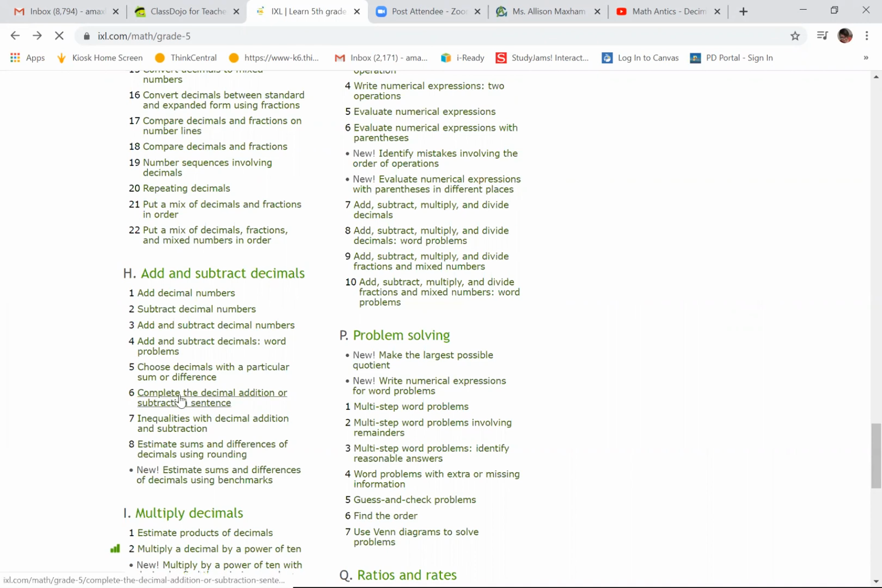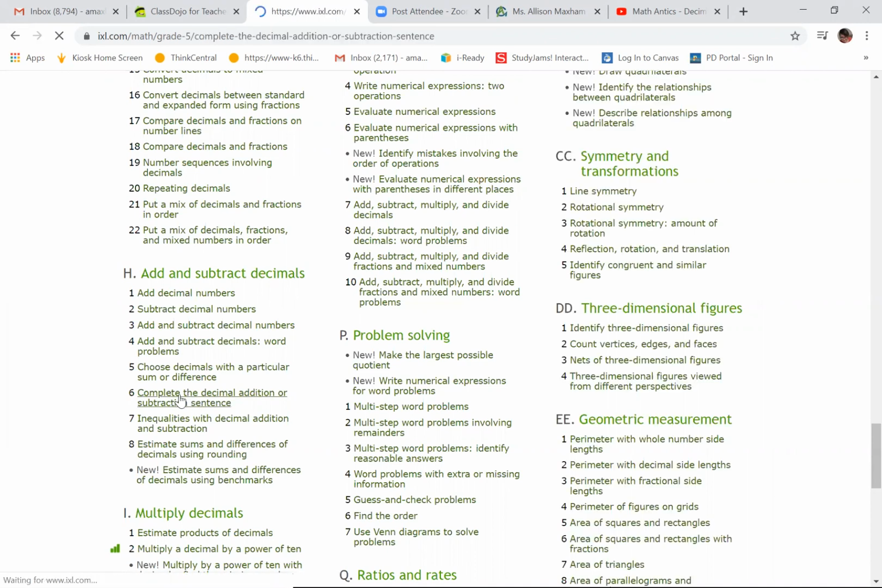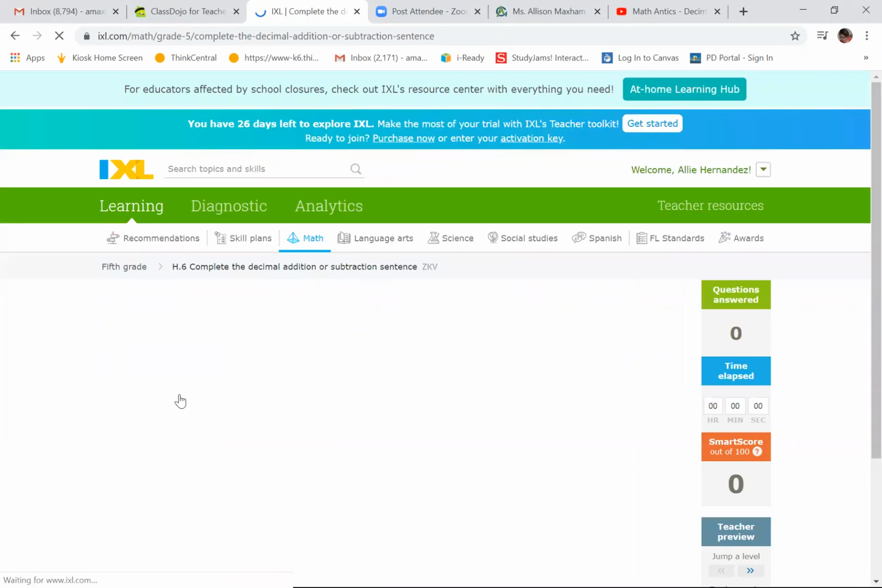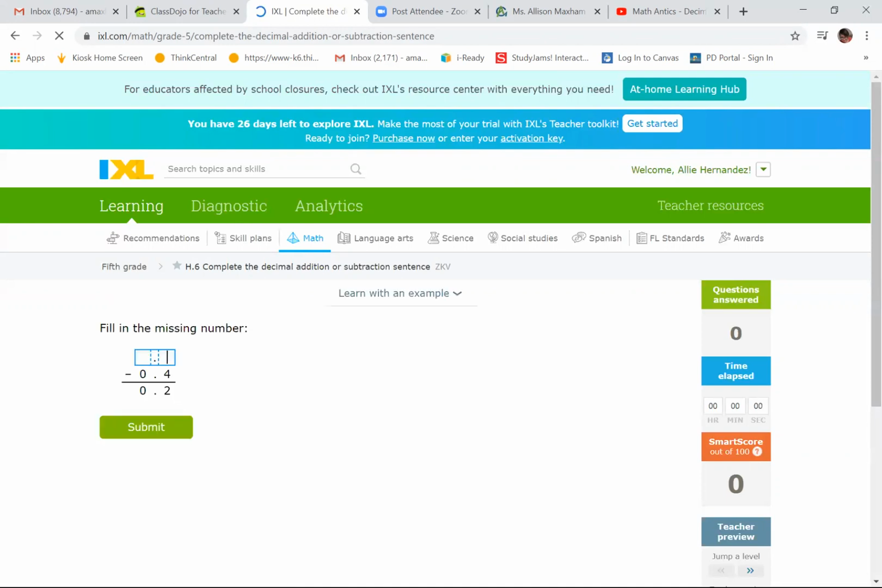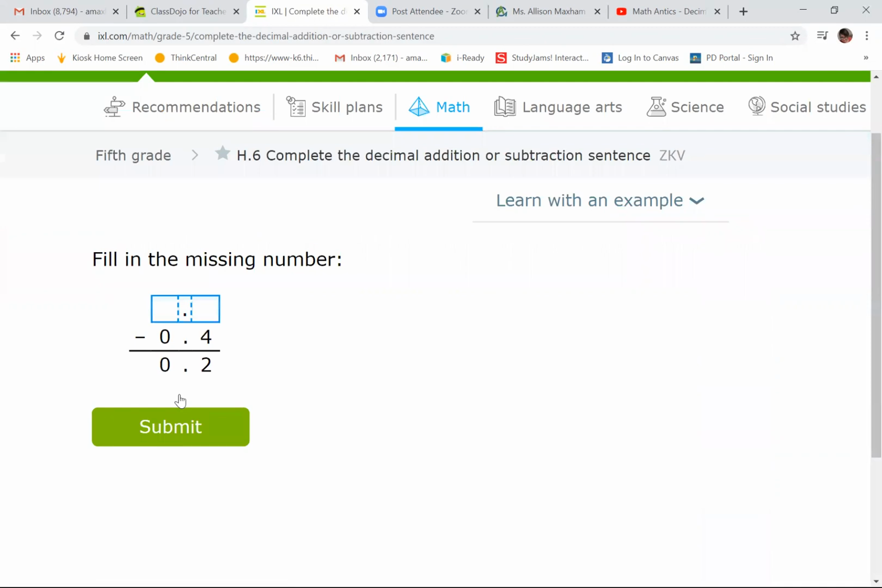All right, this is going to be the last one for today. Complete the decimal addition or subtraction sentence. Now this is when things get a little bit more rigorous. They get a little bit more challenging, and you got to really think through and use those strategies